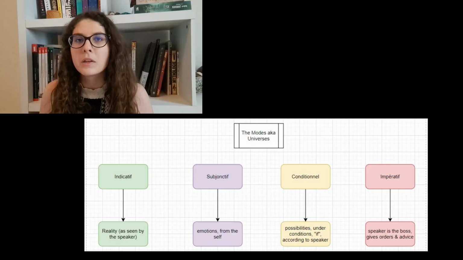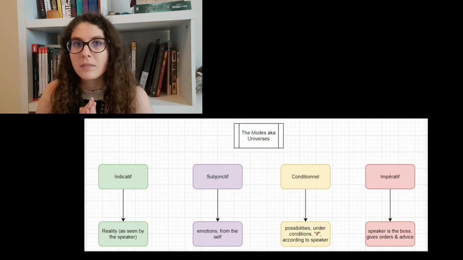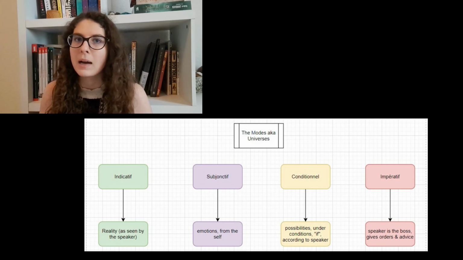So when you want to speak French, the first thing you need to choose is what we call mode. It's kind of basically a universe, if you will. Basically, you have 4 of them in the conjugated verbal system. So you have the infinitive, which is the mode of reality. But again, this is all about storytelling and narrative, which means it's reality as perceived by the speaker.